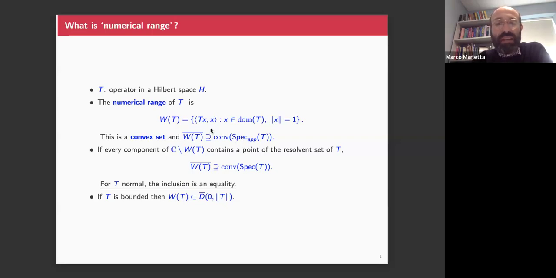But then it's a very easy integration by parts calculation to show that the numerical range, on the other hand, is the positive semi-axis. So you've got to be careful not to do bonkers things that mean that your operator has no points in its resolvent set. So the hypothesis for you to get this result, that the closure of the numerical range contains the spectrum and therefore also its convex hull, is that the resolvent set of T has to be non-empty, and in each connected component of the resolvent set,